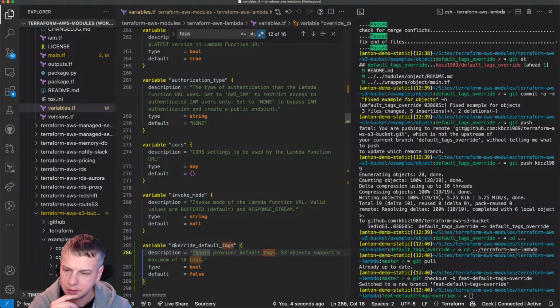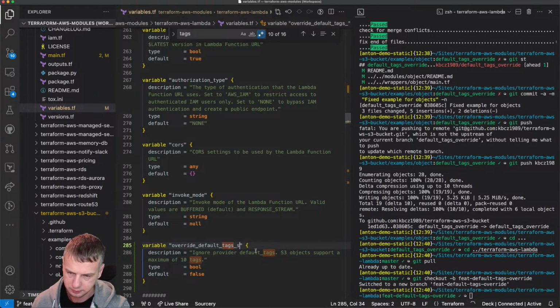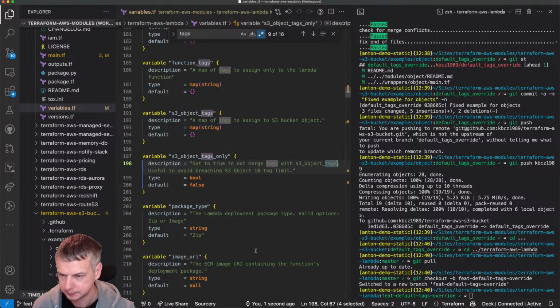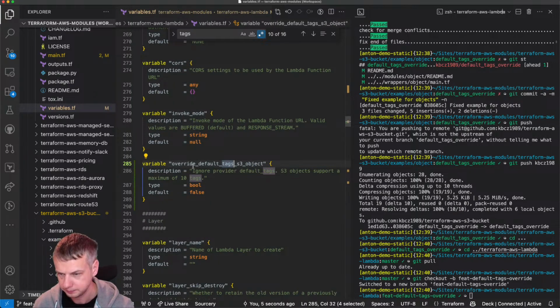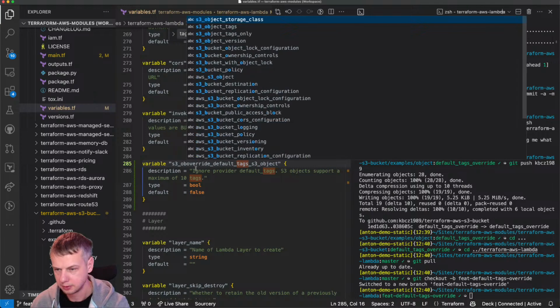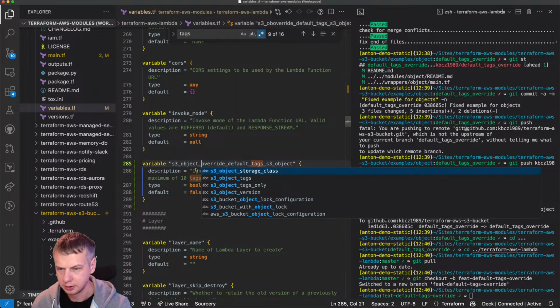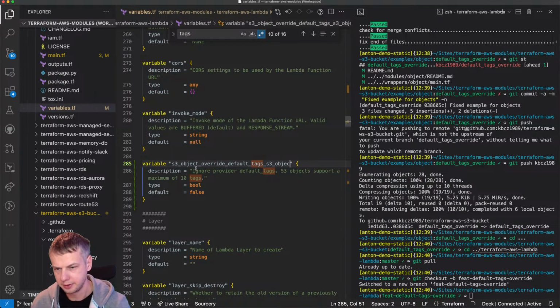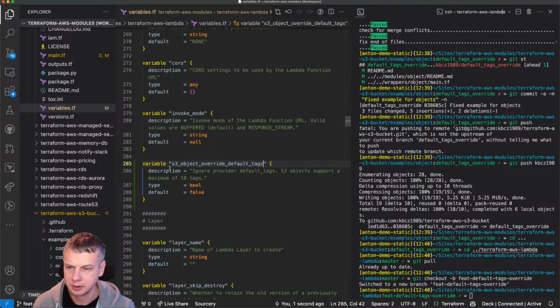So override default tags for S3 object, something like this. Here it says S3 object tags only. And here we say S3 object override default tags. Oh yeah, I think it's an amazing name for the variable.